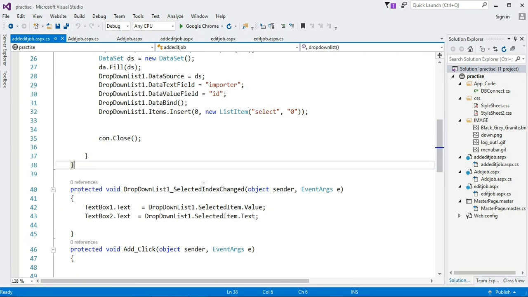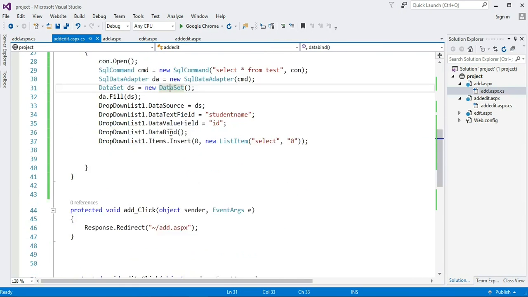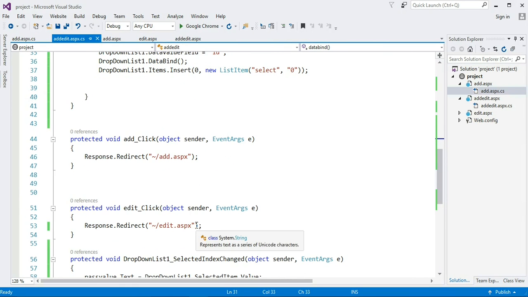How to do that? Go to the edit click event, and pass the value of the pass value text box into ID.